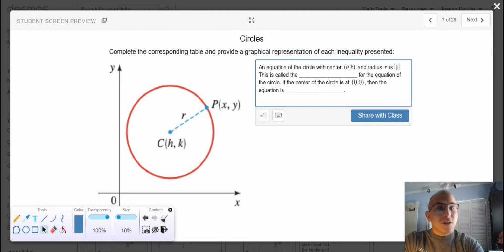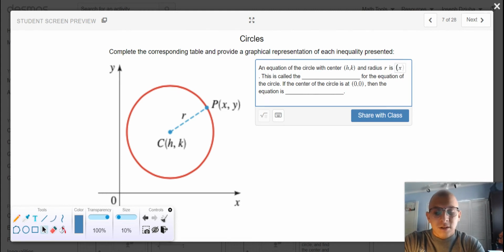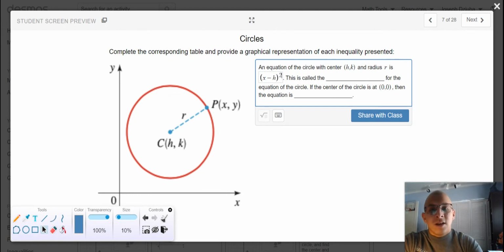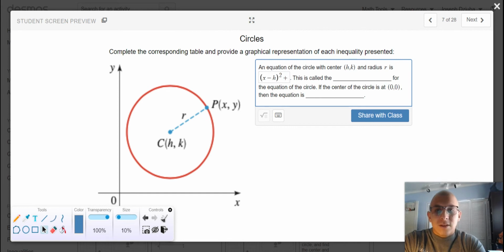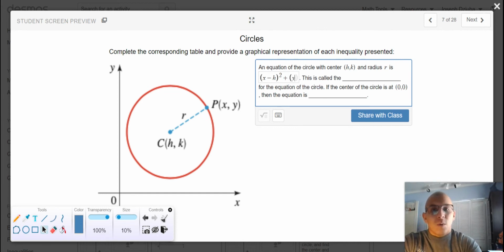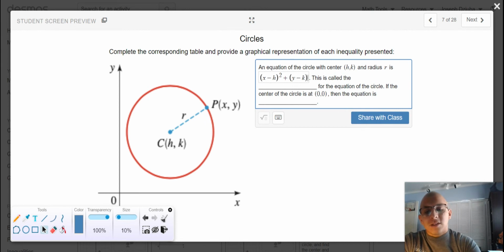So first and foremost, we're going to take the x of a point on the circle and subtract the value associated with the center, square it, sum that to the y value on the circle minus the y value of the center, square that, and set that equal to the value of the radius, squared. Definitely similar to the Pythagorean theorem. Trying to see what's tying everything together. We call this the standard form,